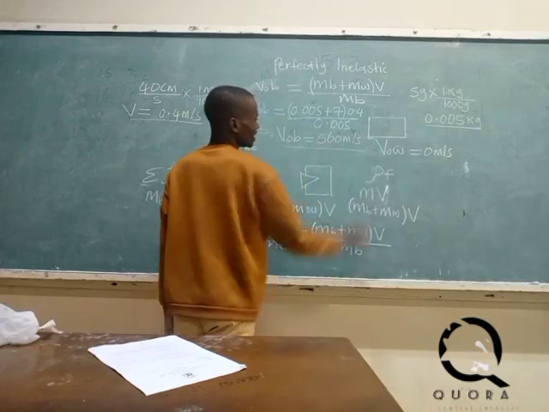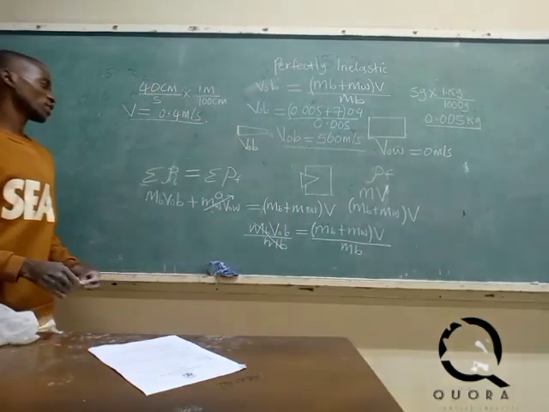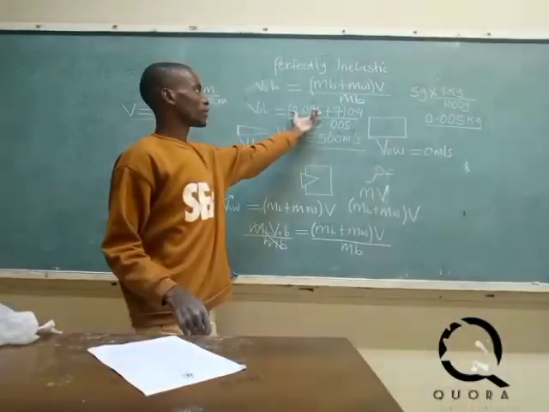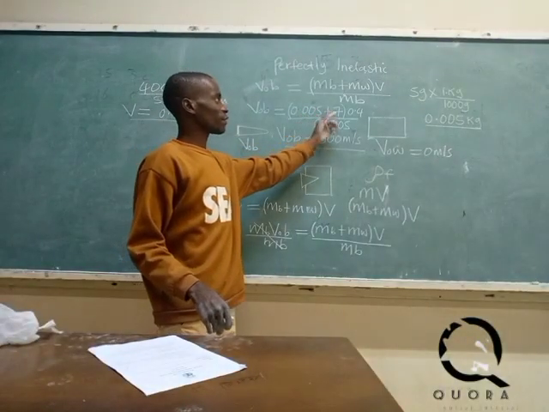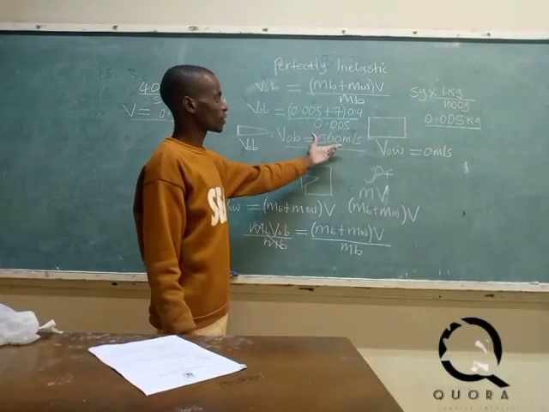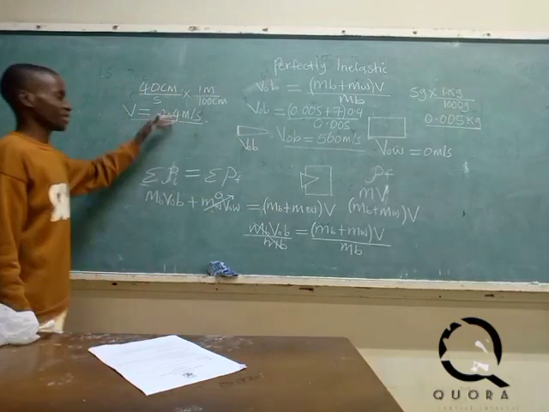So this was the initial velocity of the bullet and it was moving. If you check, there is a very big gap in terms of the mass. This is 0.005, but this is what? 7 kg. The possibility of the initial velocity being reduced to that will be very, very